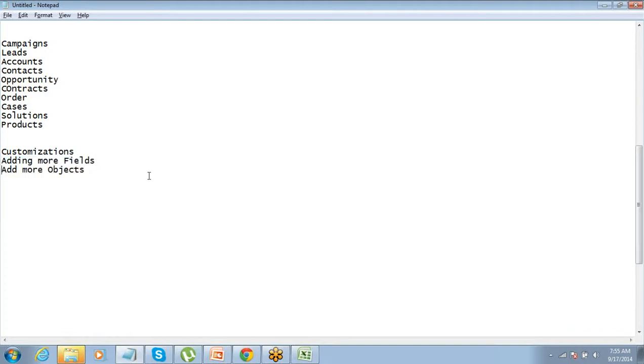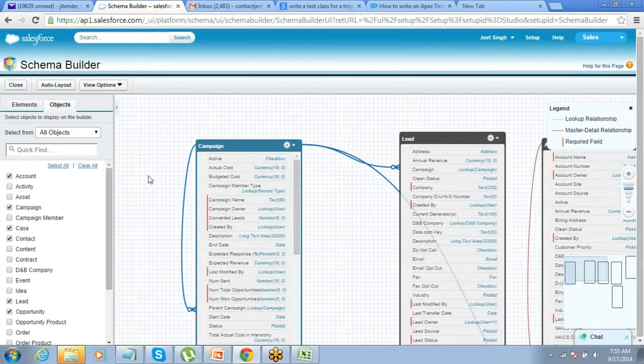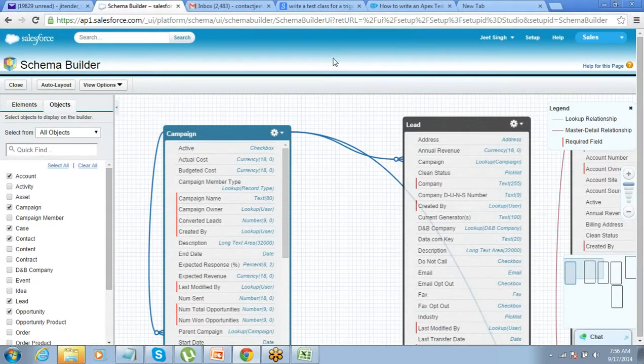Okay. So adding a field is simple. For example, in the campaigns, let me take the same example. In the campaigns, I want to add a field called budget allocation or allocated budget, something like that. What do I need to do for that?